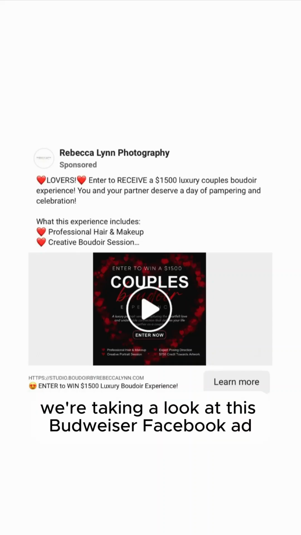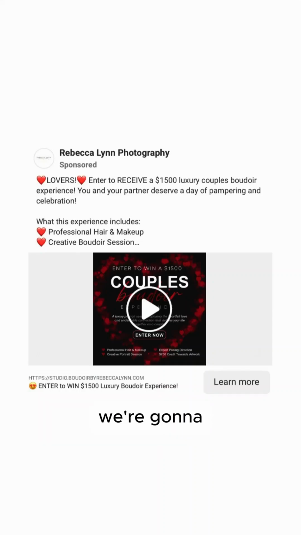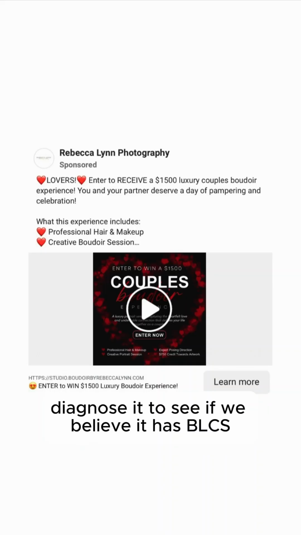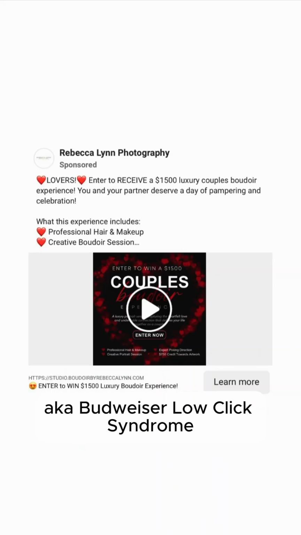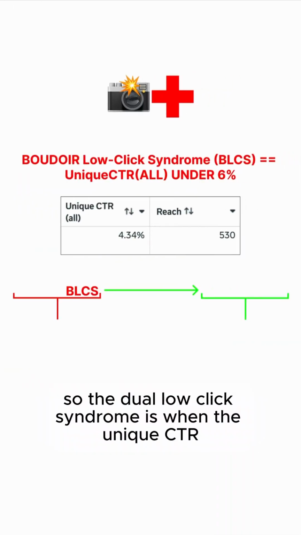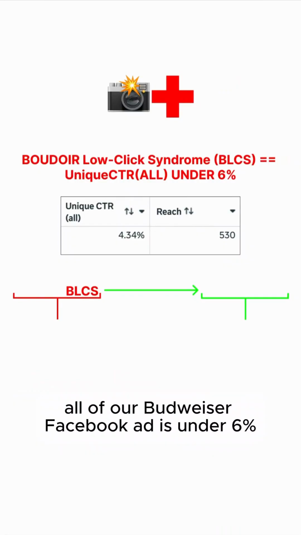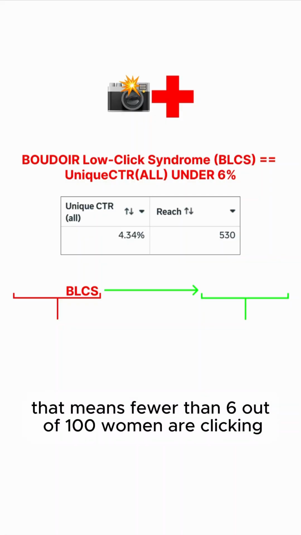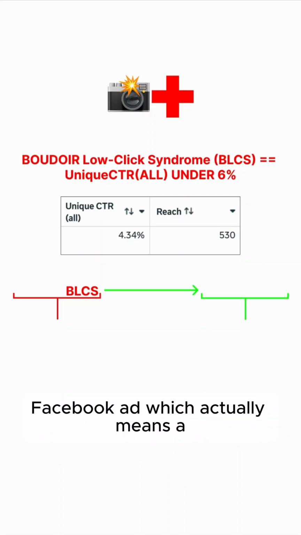All right, y'all, we're taking a look at this Boudoir Facebook ad. We're going to diagnose it, see if we believe it has BLCS, aka Boudoir low click syndrome. Boudoir low click syndrome is when the unique CTR of our Boudoir Facebook ad is under 6%. So that means fewer than 6 out of 100 women are clicking somewhere on our Boudoir Facebook ad, which actually